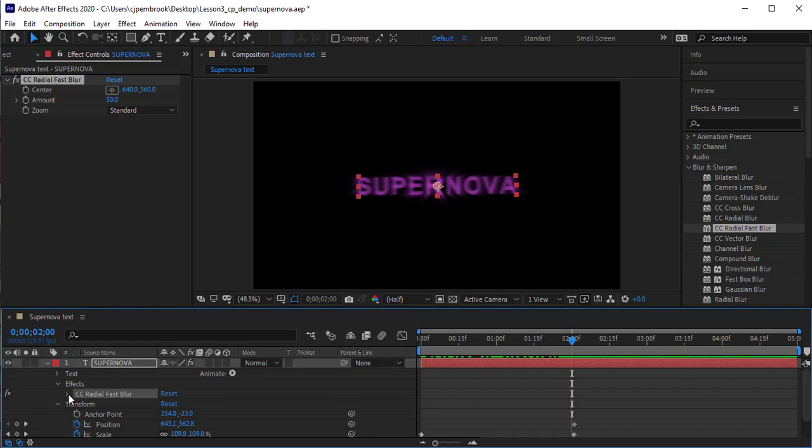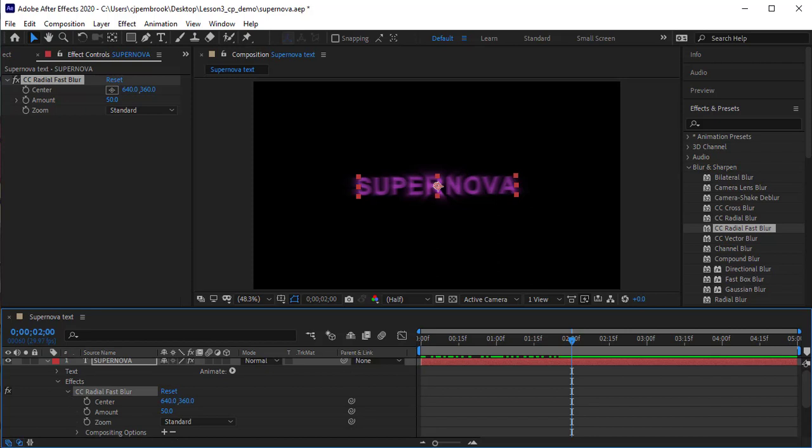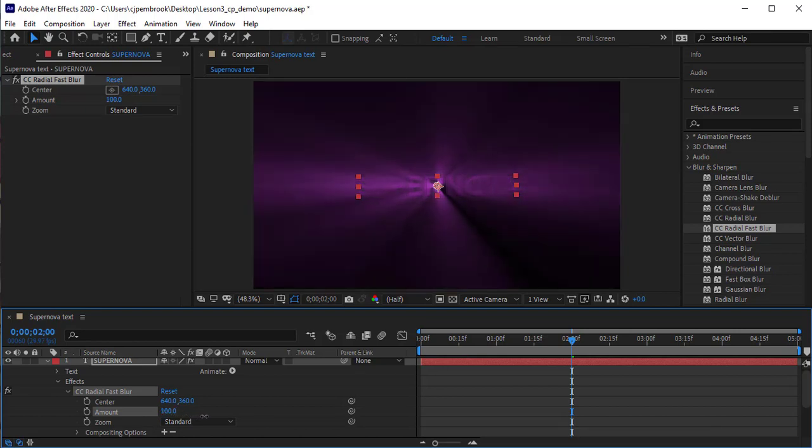so twirl it out so we see radial blur, and then what we want to do is change, make sure again you're at 2 seconds. We want to change the amount or value of this up to 100%. So we're going to take it to 100%, and then we'll go ahead and we'll set a keyframe. Boom. And so we set that keyframe,